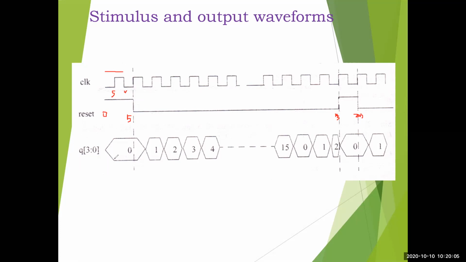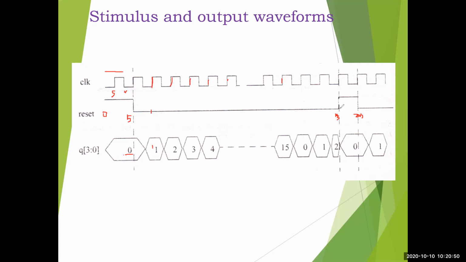So now we have to check the output. Whatever the clock may be, if reset is 1, output is 0. That's why initially it is 0. Then we have given the positive edge of the clock, so it will wait till here. When the clock comes to 1 and reset is 0, it will start the count. Since reset is 0 and the clock is toggling every 5 time units, at every positive edge it will change the count: 1, 2, next positive edge 3, next positive edge 4, like that 5, 6, 7, 8, 9, 10, 11, up to 15. Once it reaches 15, it will start again from 0 because reset is still 0. 0, 1, 2, it will start counting.